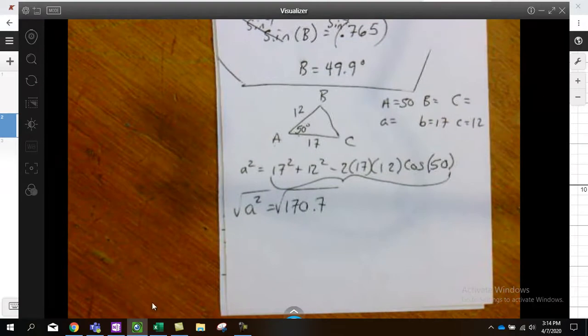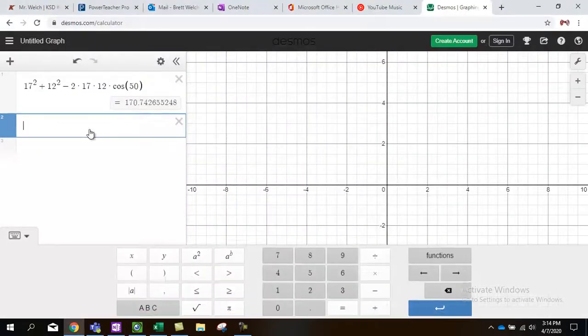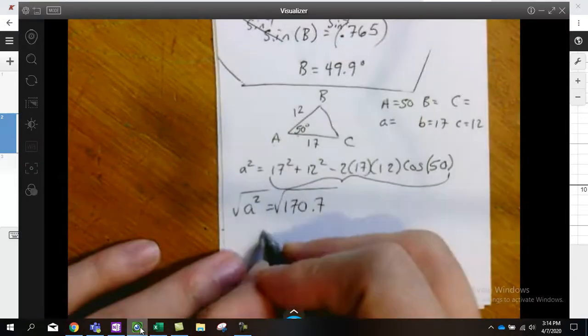But if we remember from looking over here, that isn't the answer. So come back to Desmos, and we're going to take the square root of 170.74. We get 13.1. So that means if I come back to my problem, that little a